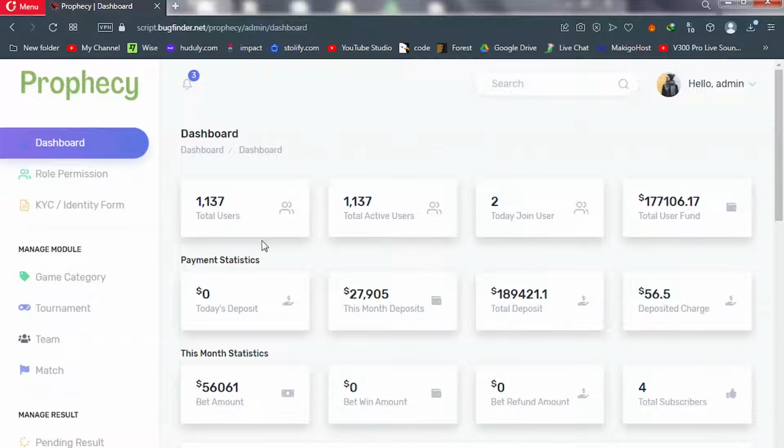These are cards. All these things are cards, and they display the general statistics of your site, what is going on. First off, we have total users. You'll be able to see your total number of users, total registered users on your site. The next one displays your total active users. You can have users but inactive. So you have total active users, total users joined today,